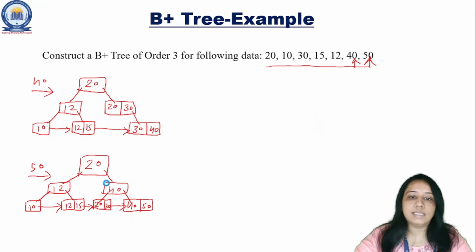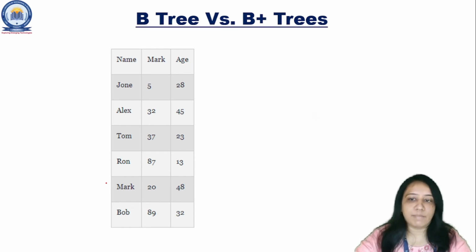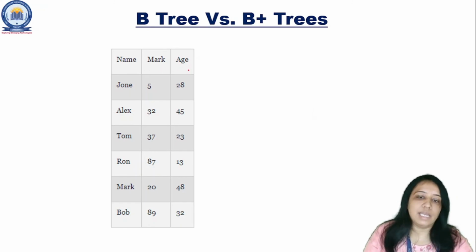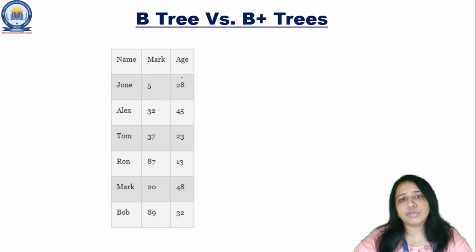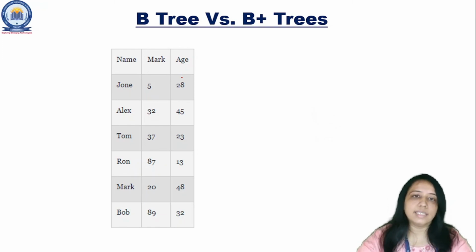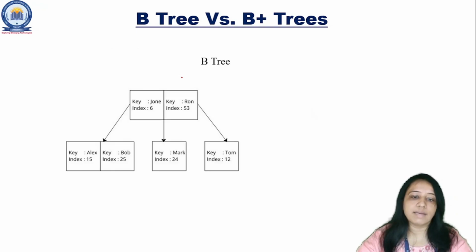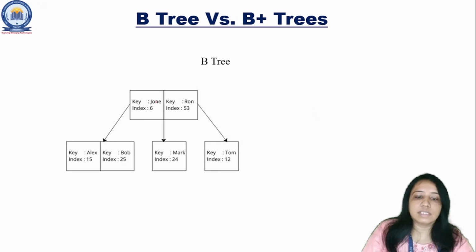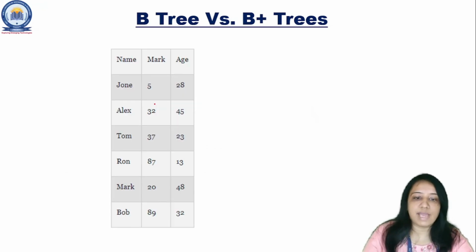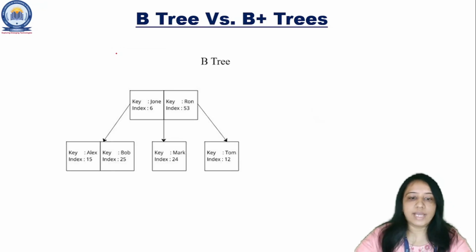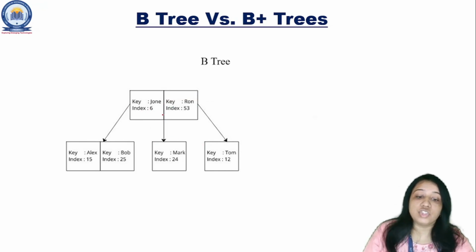So now let's see what is the difference between B tree and B+tree. Suppose this is the data given: name, the marks and the age. And either it's going to be indexed or not. So in that terms we'll see how the B tree will look for this data. You can see that in B tree they have just considered the key as this John, that means name is considered as the key. So you can see that it is going to be in this way in a B tree, and at each node the data is going to be stored at each and every node, and the index also is going to